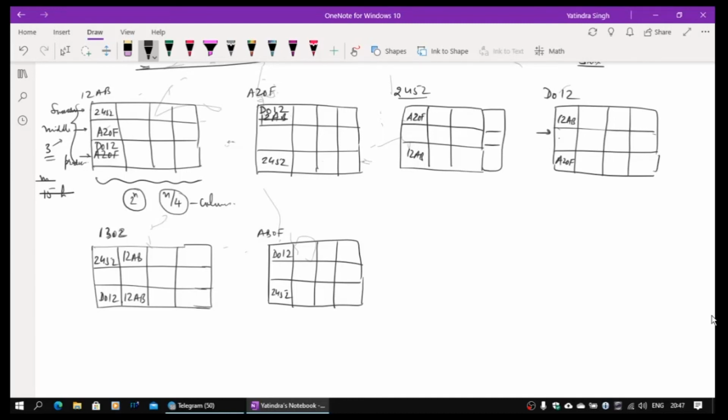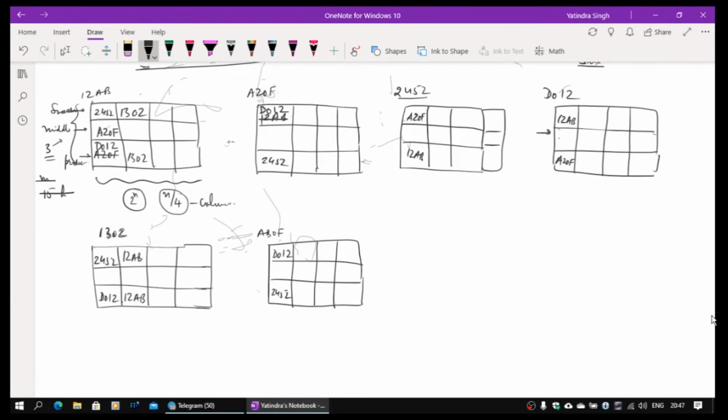Once 1302 is known to him, this will also make 1302, and there is nobody else, so that entry will be made here. Rest everything will be vacant. AB0F will similarly do this. There is no other better entry, so the other columns will be free. So now from here you should be able to find out who is going to be your root node.